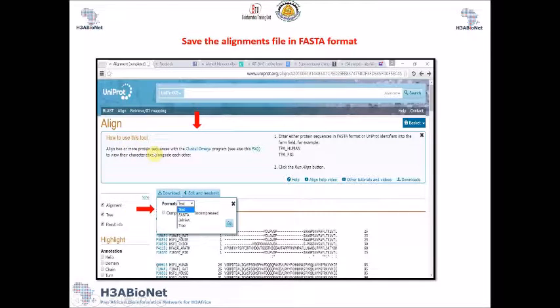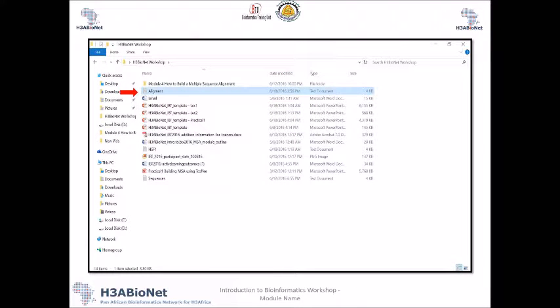And remember, Clustal Omega is one of the most common, widely used programs for sequence alignment. That's why most beginners like to use it, and also experts, not just beginners, because it's widely used around the world. Just save also the alignment file